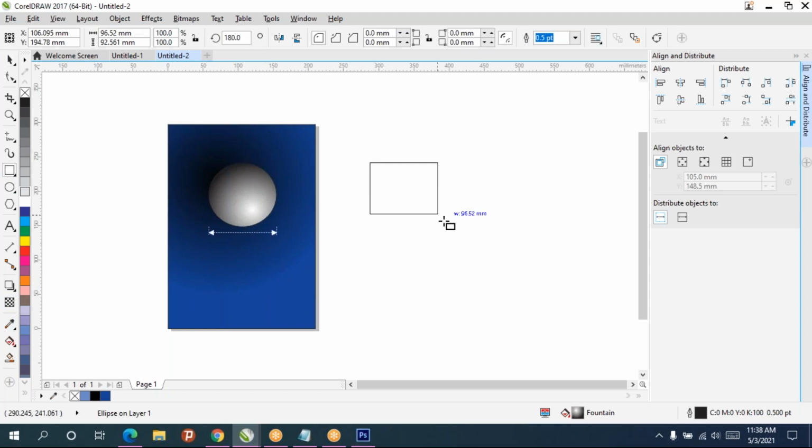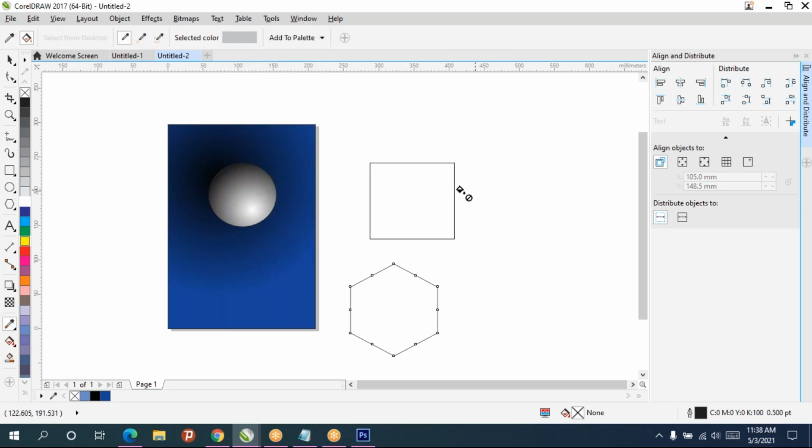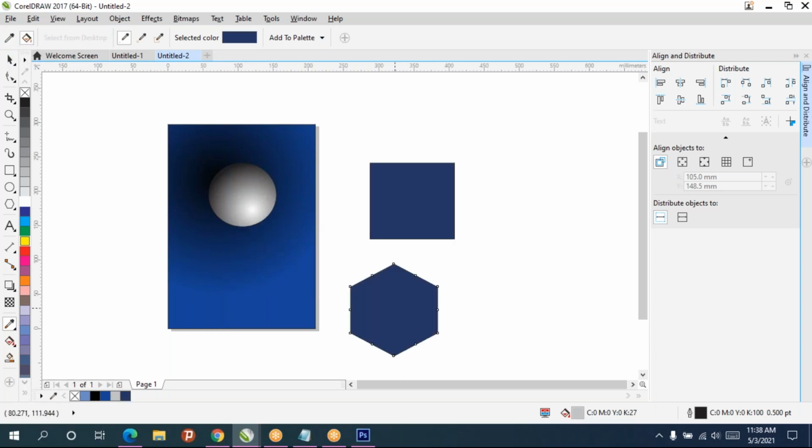Suppose I draw any circular or any other shape, and the same gradient I want to apply for this also. It is possible. For that you have to take, instead of the color eyedropper, which will just pick the color and you can apply. But if a gradient is there, the gradient also has to apply.